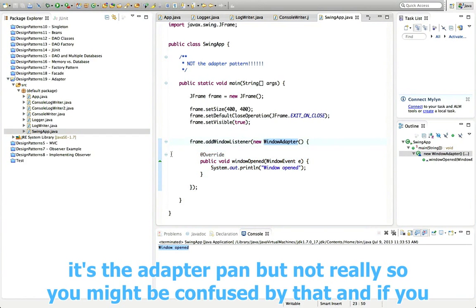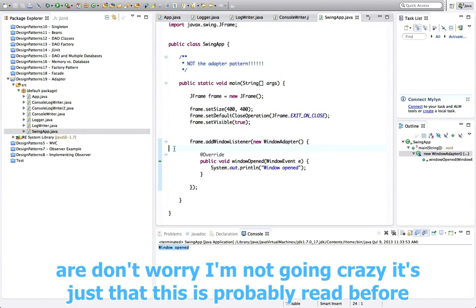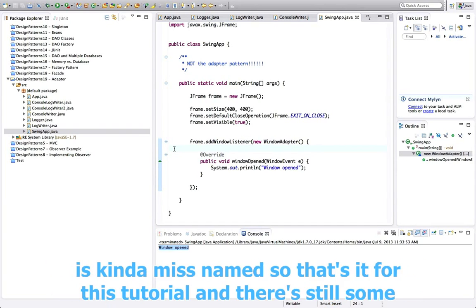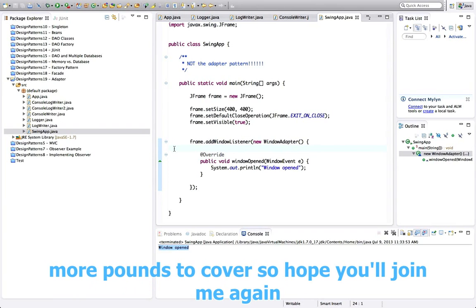So you might be confused by that, and if you are, don't worry, you're not going crazy. It's just that this is probably written before the adapter pattern was really prominent or thought of widely. I don't know, something like that. It's kind of misnamed. So that's it for this tutorial, and there's still some more patterns to cover,